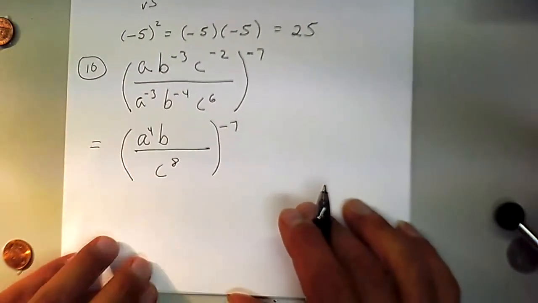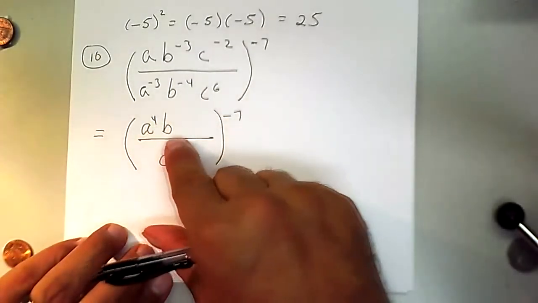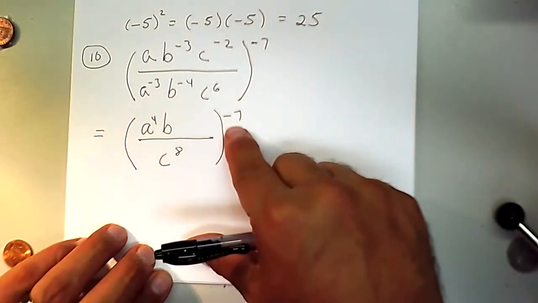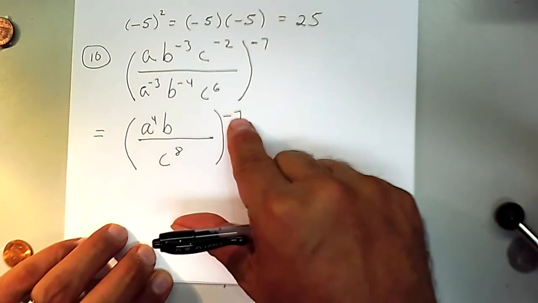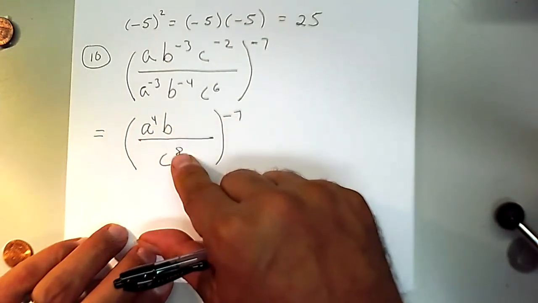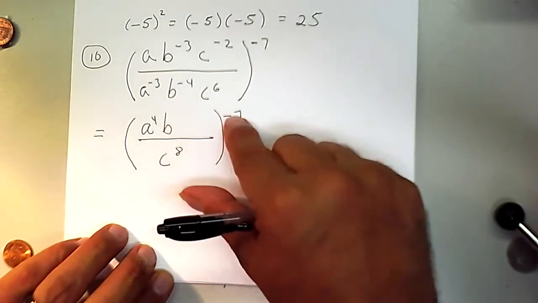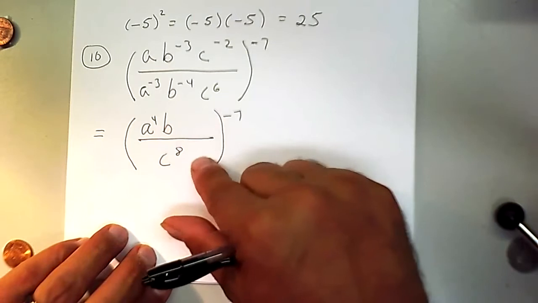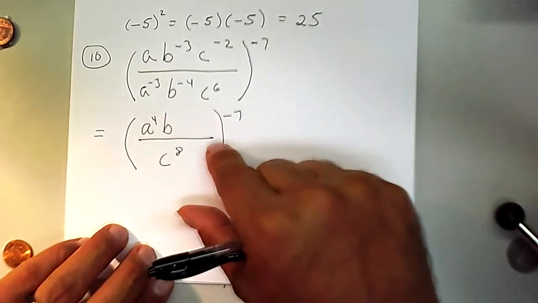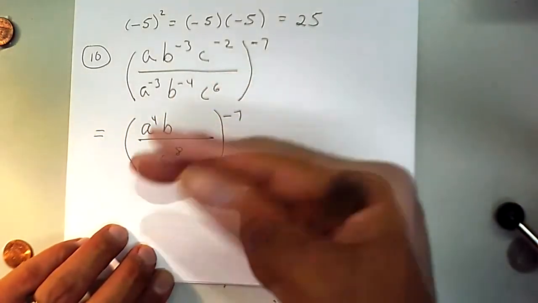Now, once we are at this stage, this is simplified. There's, again, 2 ways to do this. You can multiply the negative 7 onto those exponents and then fix the negatives, because we're going to end up with negative exponents. All of them are going to be negative, actually, and then fix that by turning everything upside down.